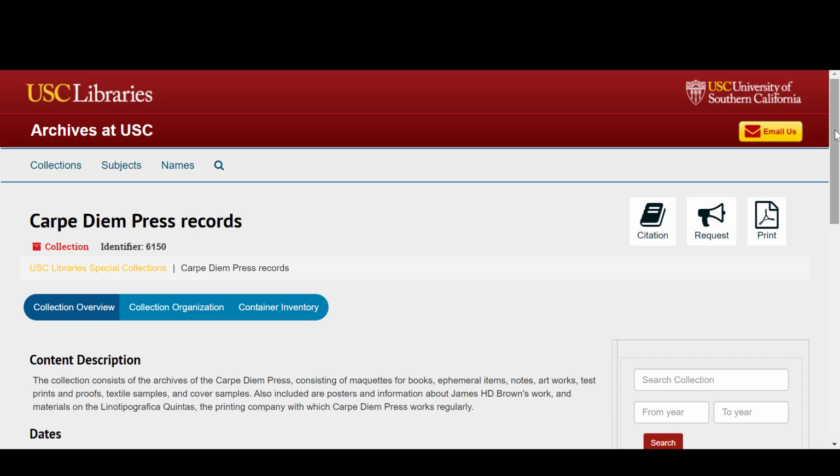In this example, we will use the Carpe Diem press records, which are held by special collections, to demonstrate how to request scans of archival materials. If you would like to request scans for rare books, you can follow the same procedure. If you are not familiar with searching and requesting materials from the finding aid or the library catalog, please watch